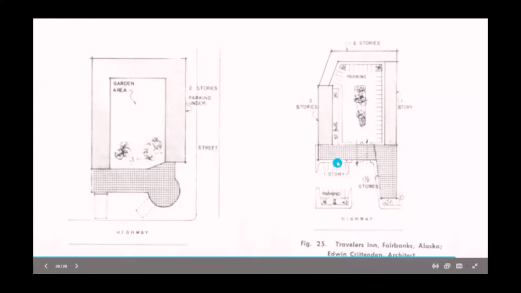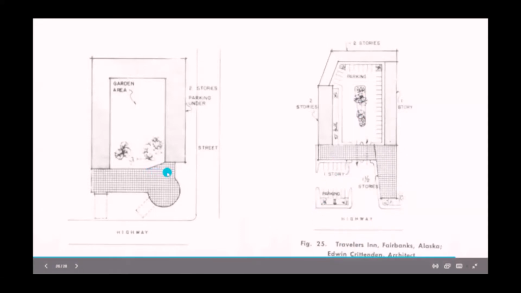So this is an example of a site plan. It's called the Travelers Inn in Fairbanks, Alaska. The architect is Edwin Crittenden. So yun. So as you can see from the figure, you have the parking here, then 1 story for the